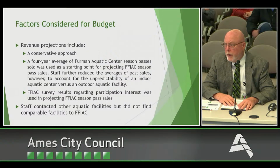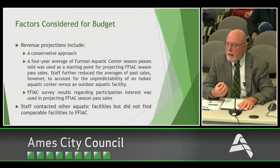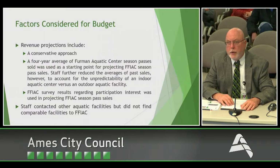And then we also used the survey results that we shared with you last week to help us with those projections of pass sales. We'll also mention that staff did contact other facilities. We did not find comparable facilities to what we have. If we did find something comparable, it was hard to dissect their pass sales and fees, because some of them have aquatics, they have a weight room, they have a gym, they have a lot of different things. So it was really difficult to look at